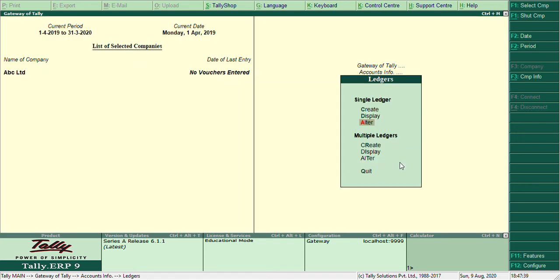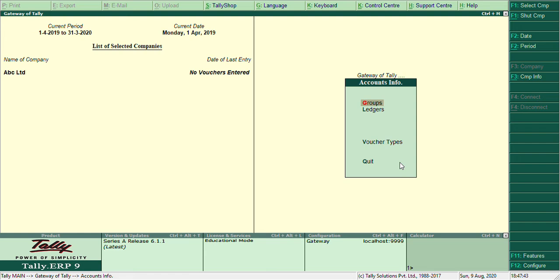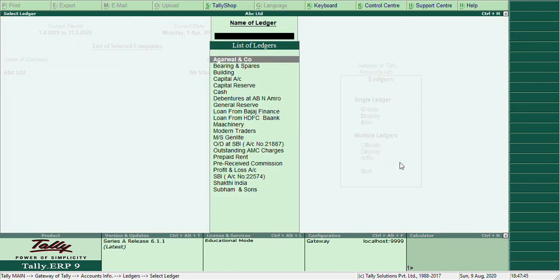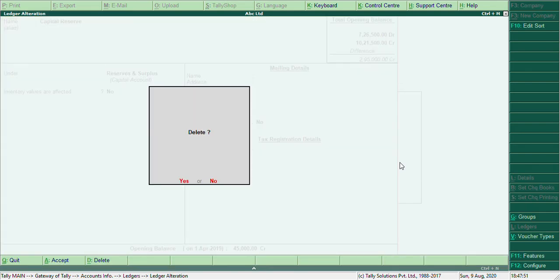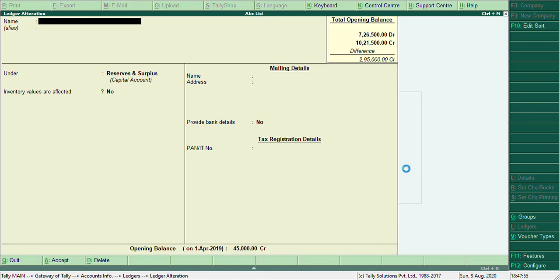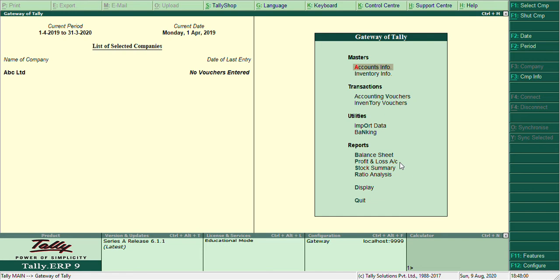So from Gateway of Tally, Accounts Info, Ledger, alter, select the particular ledger which you have to delete and press Alt plus D. Then give yes. Or else you can come out from the ledger by pressing escape till you get Gateway of Tally. Now we have entered all the opening balances of all the ledgers.